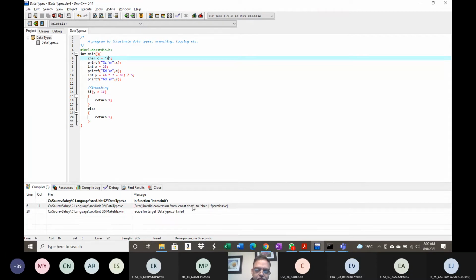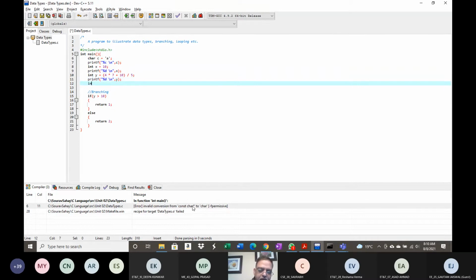Now suppose I declare another integer type variable, say z is equal to 10 divided by 0.